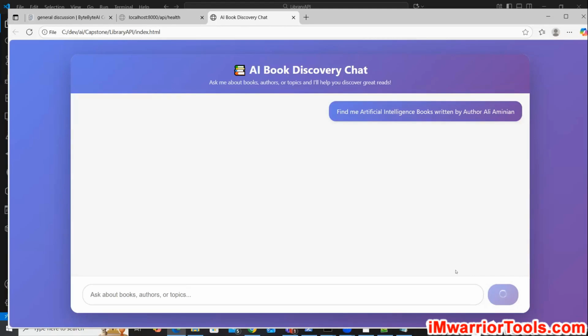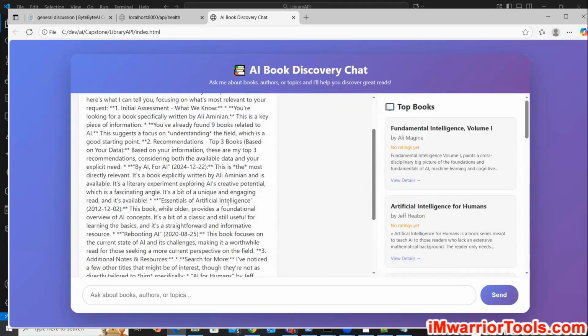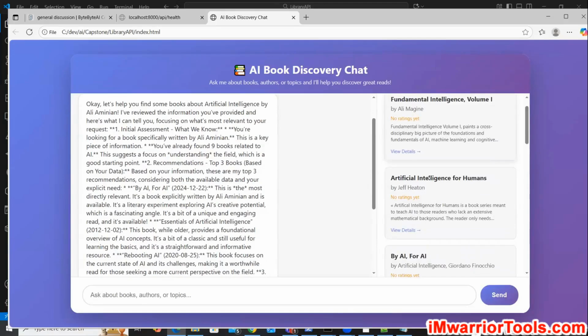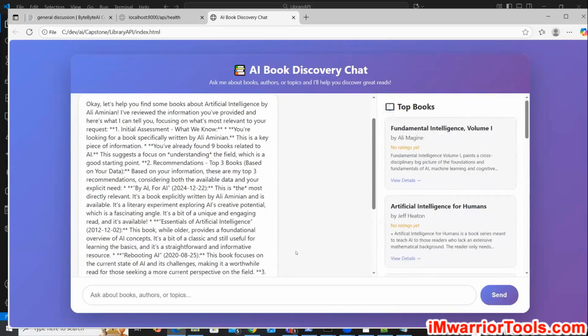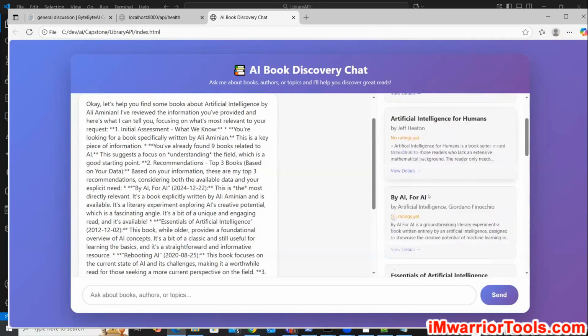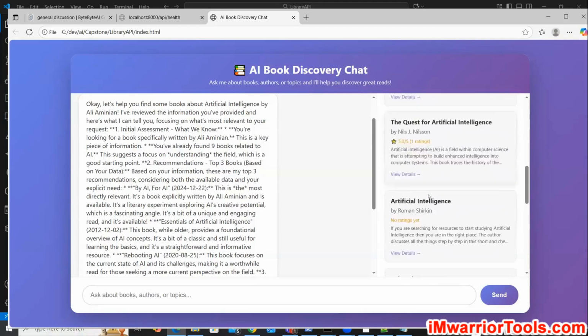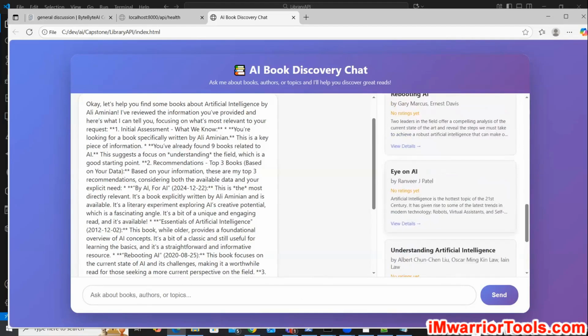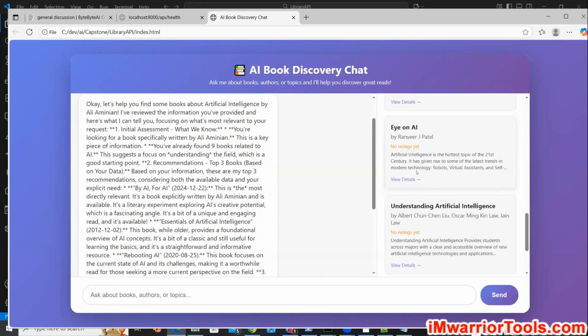It should get an answer soon. Yeah, here we get the list of books retrieved along with the summary, and here is the formatted presentation on the right. Although it did not get me the name Ali Amanian, it got me near-context books, the top 10 books. And then let's say I want to get a summary of